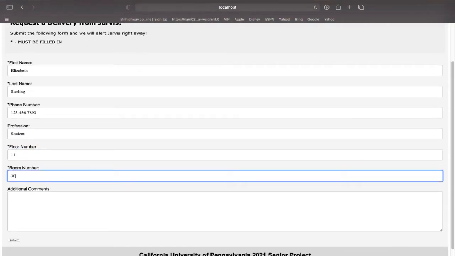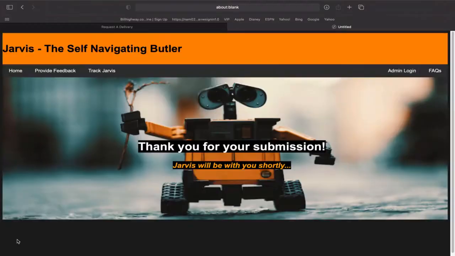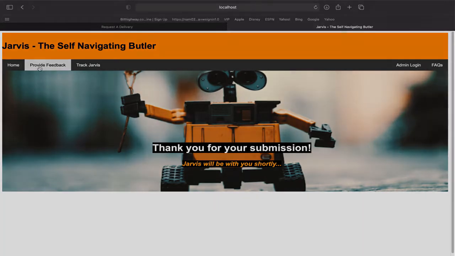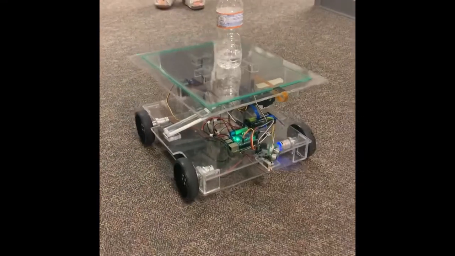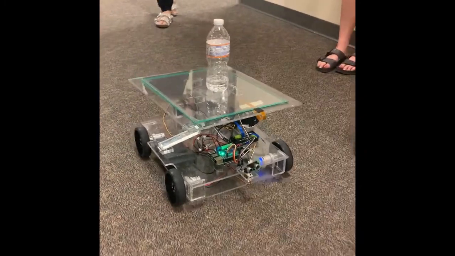And then additional comments is where you would put the item that you want delivered. In our demonstration, we're going to use a water bottle, but it could be a cup of coffee or some other item like that. We submit this, and that gets pushed to our system where Jarvis will use Dijkstra's pathing algorithm to find the shortest path. And then here we see him start to navigate from one node to the next,